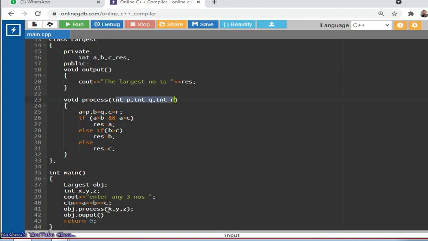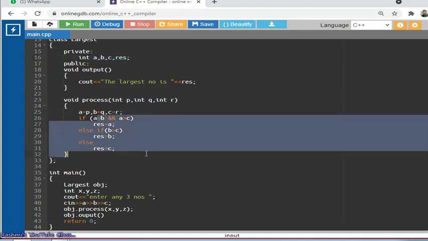So when the values are getting passed from here, that is x, y, z, the x value, y value and z value respectively will be temporarily stored in P, Q and R. These are some temporary variables I have taken. Fine. Thereafter, I have to transfer these three temporary variables to our permanent private variables, that is a, b, c. I transferred here a equal to p, b equal to q, c equal to r. Fine. All the values get passed.